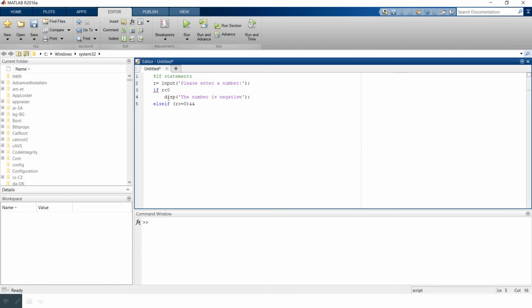and r is less than or equal to 100. Then display the message: the number is within the range.